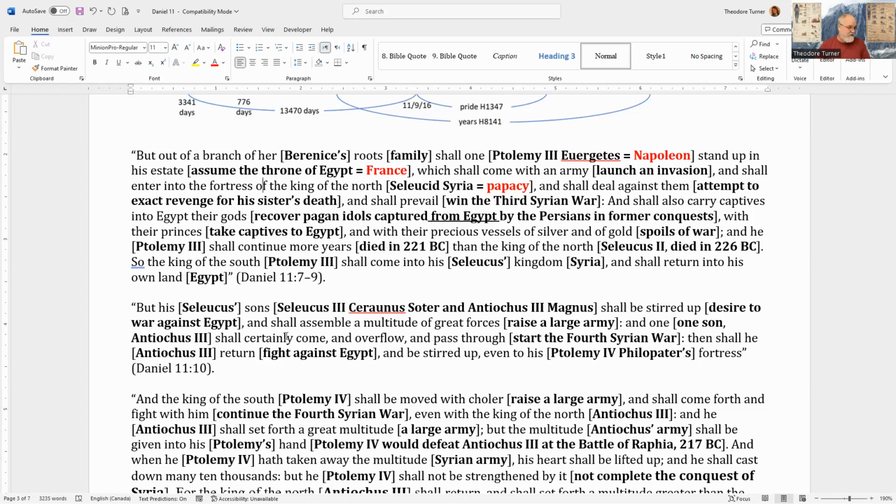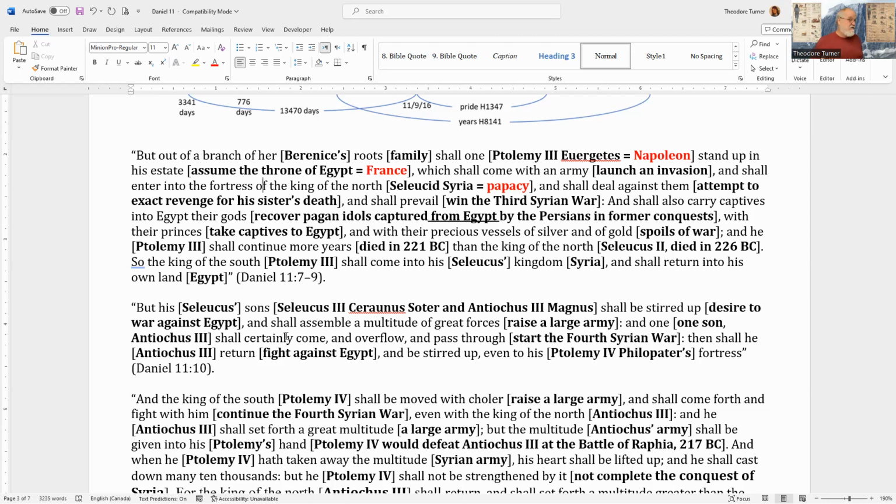So that misapplication gave us some insight, right? We started to understand that we didn't fully grasp our own history, just as the Millerites didn't grasp their own history. Now, in 2017, when we're taking this part of the story and saying, well, this is Napoleon, and this is France, this is Egypt, we're making an application to 1798.